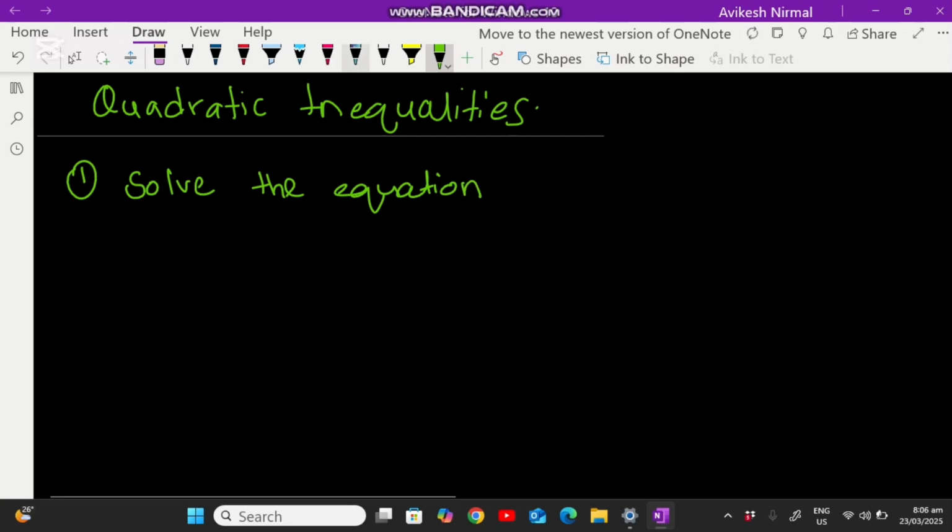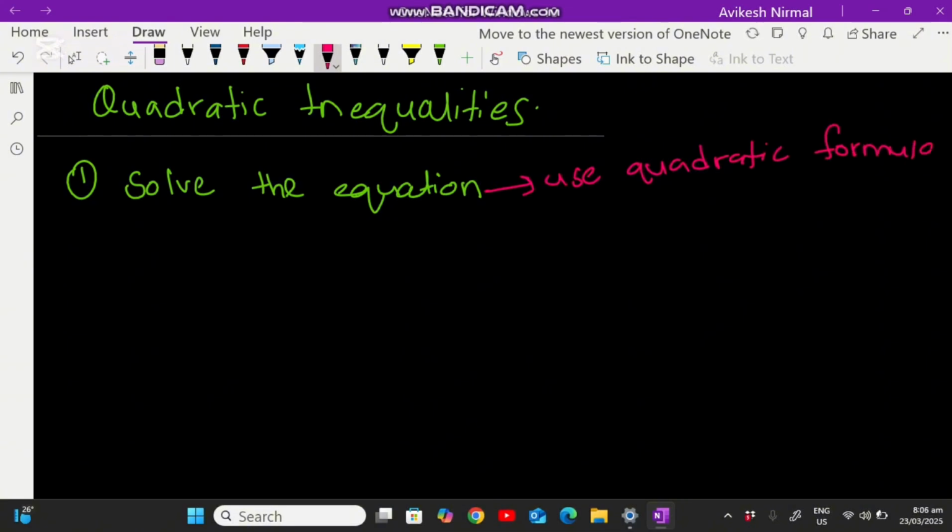However, if the expression, the inequation, is not factorized, then I would suggest using the quadratic formula to factorize. Okay, if in the case it is not, then step 2, we'll plot the graph